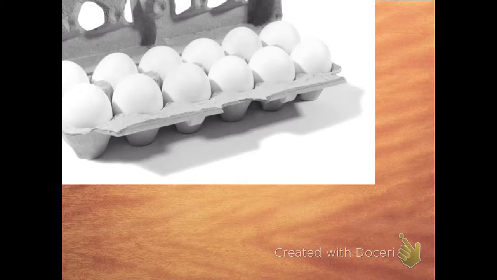I was making some muffins and I used 1/4 of the eggs to make the muffins. Here I have a dozen eggs that I used. So I need to figure out how many eggs did I use in 1/4 of a dozen. One way you could do this is to draw that fractional shape to help you figure it out. So I'm going to draw